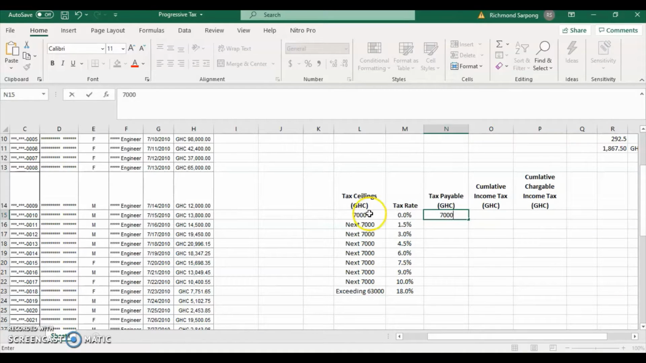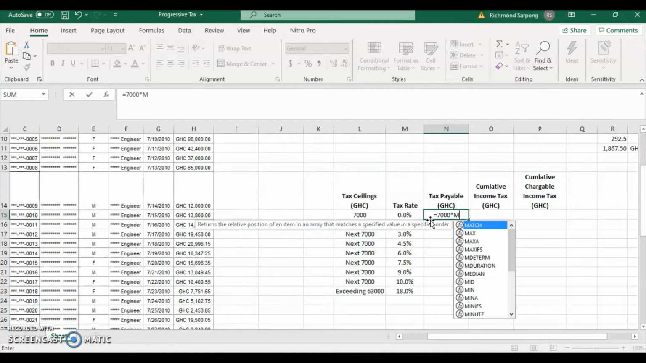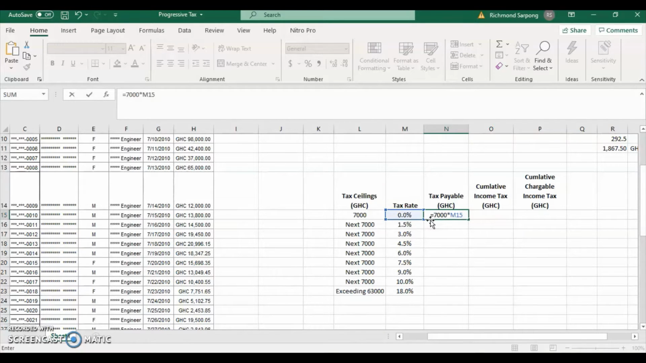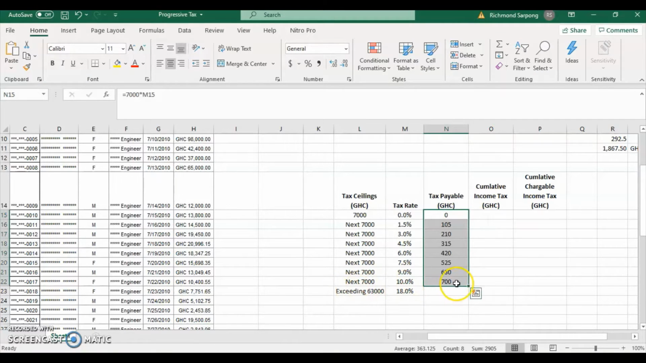So this is 7,000. Every increase in 7,000, there is a different tax rate that is multiplied by the M15. So you can see that. So I'll run this to this level. Then I'll do the cumulative of that. So the cumulative is always this plus that will give us this plus that. So here will be 0. I mean the first 7